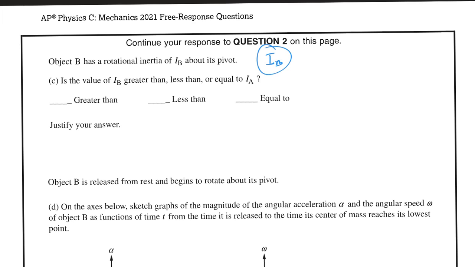But is the value of I B greater than, less than, or equal to I A? I really hope this wasn't a difficult question, but I read your answers, so I kind of know. The answer should be because the mass isn't distributed as far away from the pivot point for object B as it is for object A. It's all about distribution of mass, not the mass itself. And when we look